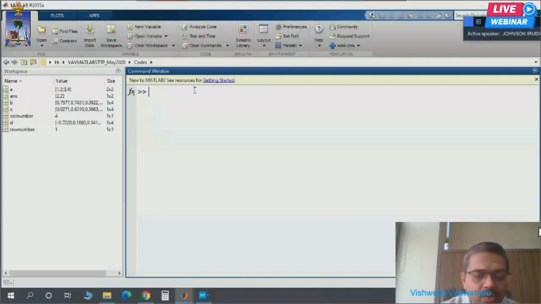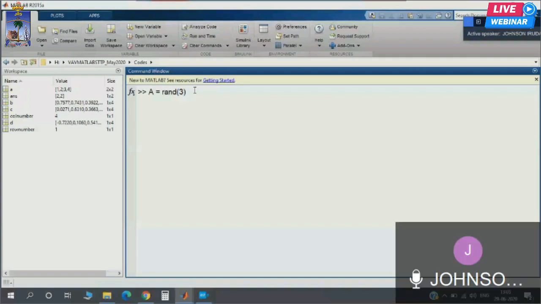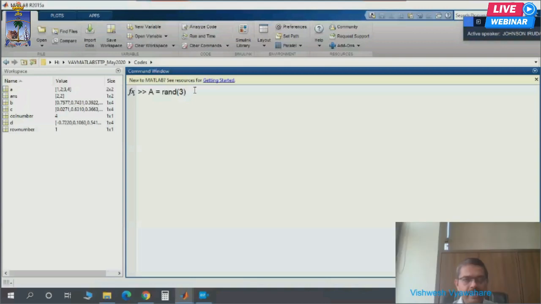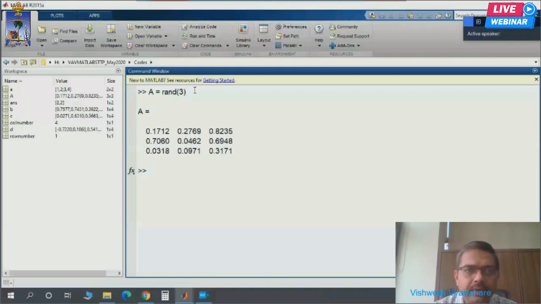Let's say, again, I can use the command rand. If I define A is equal to rand 3, you are telling MATLAB to generate a 3 cross 3 square matrix with random elements.